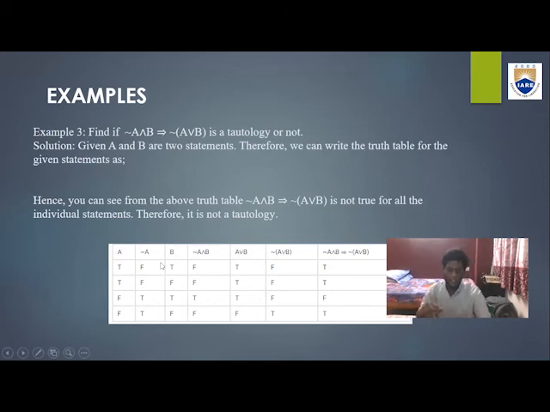And means both the values should be true, which is only possible in the third case here. So only that value will be true and the rest will be false. Similarly, for A or B, any one value should be true in A and B. So we get all true except the last one, because both of them are false. Now coming to the next one, the whole negation of A or B, which is the opposite of the previous column. And the final answer, the implication of both of them, means the first one should be true and the second one should be false. So we get the answer as true, true, false, true. The third condition is not satisfied, so we get false.